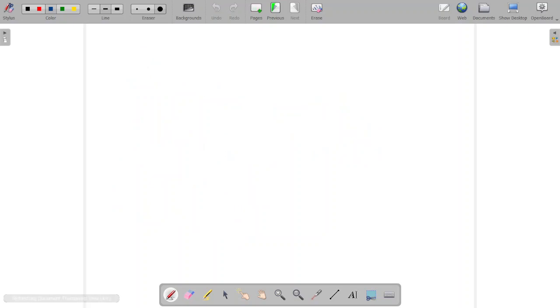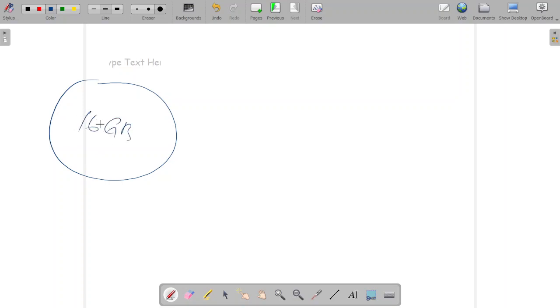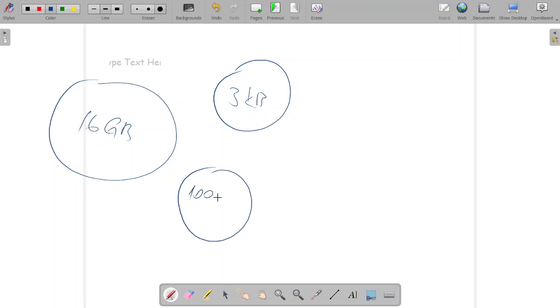We said that sometimes we're going to deal with something larger. Sometimes I'm talking about the size of a file, like 16 gigabytes, or 3 kilobytes. Sometimes I say 100 megabytes, because these kinds of sizes are familiar. But when it comes to binary, we are using something else. We don't use these units, despite the fact that they are close to what we are using, because the kilobyte is equal to 1000 bytes,